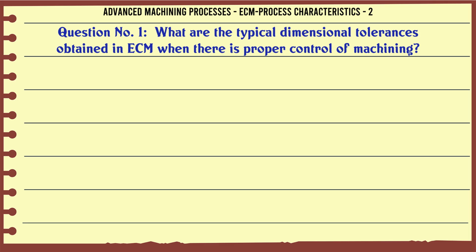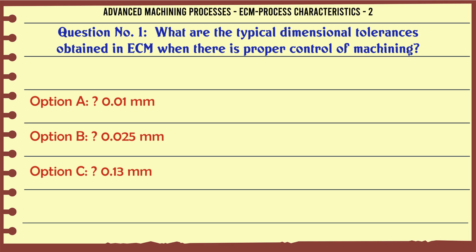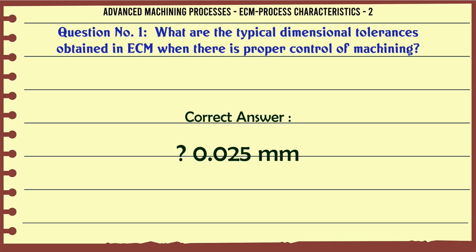What are the typical dimensional tolerances obtained in ECM when there is proper control of machining? A 0.01 mm, B 0.025 mm, C 0.13 mm, D 0.25 mm. The correct answer is